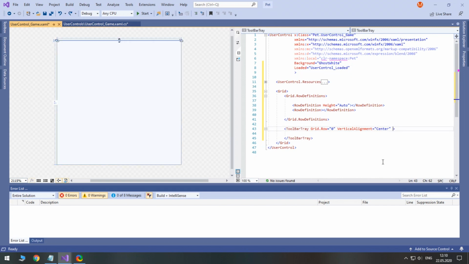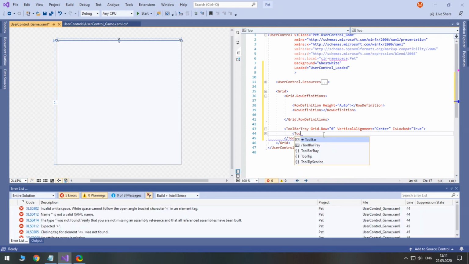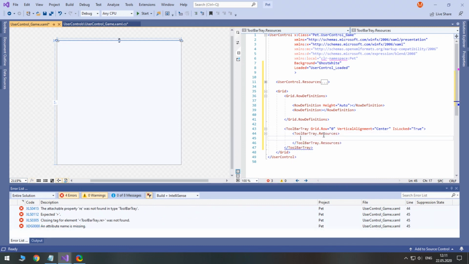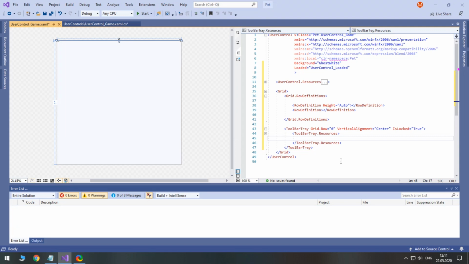To remove dots on the left, set the IsLocked property to true. One of the tools will be the restart button, which will have both an image and text. We will set resources for this toolbar tray to set the stretch property of images to fill.